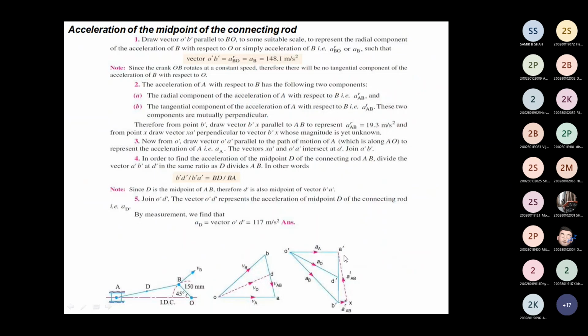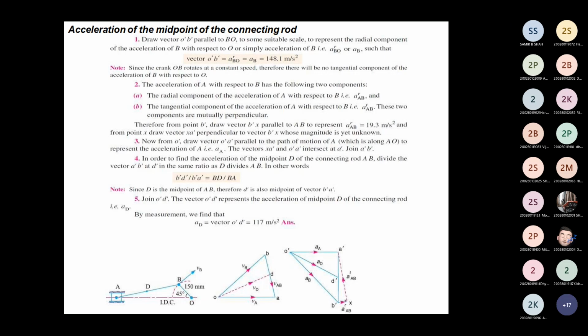You remember that every time if we have to find radial and tangential parts, then both parts you should draw with the dotted line. Only when a part is considered as the acceleration of the main link, then it is drawn as a full line. So I just draw the perpendicular line from point X, whose dimension is yet unknown.